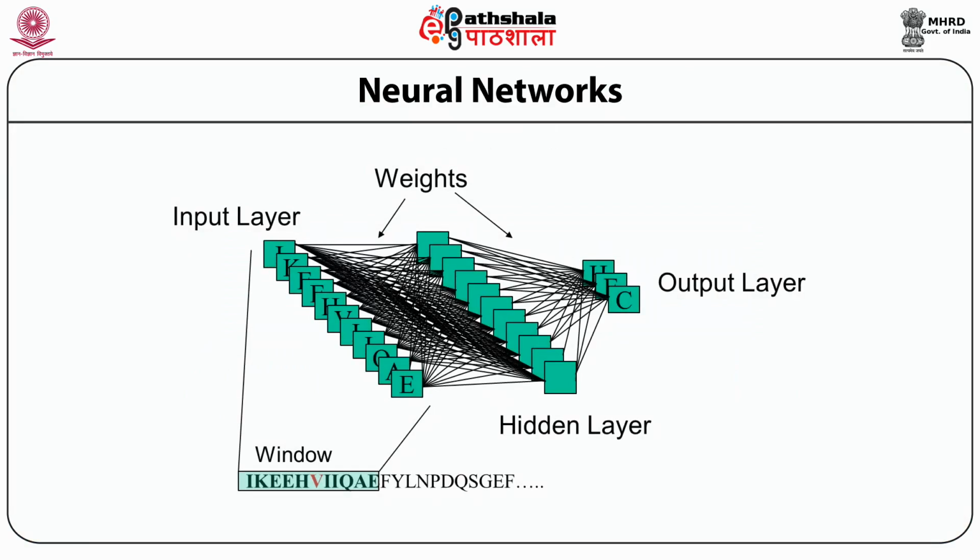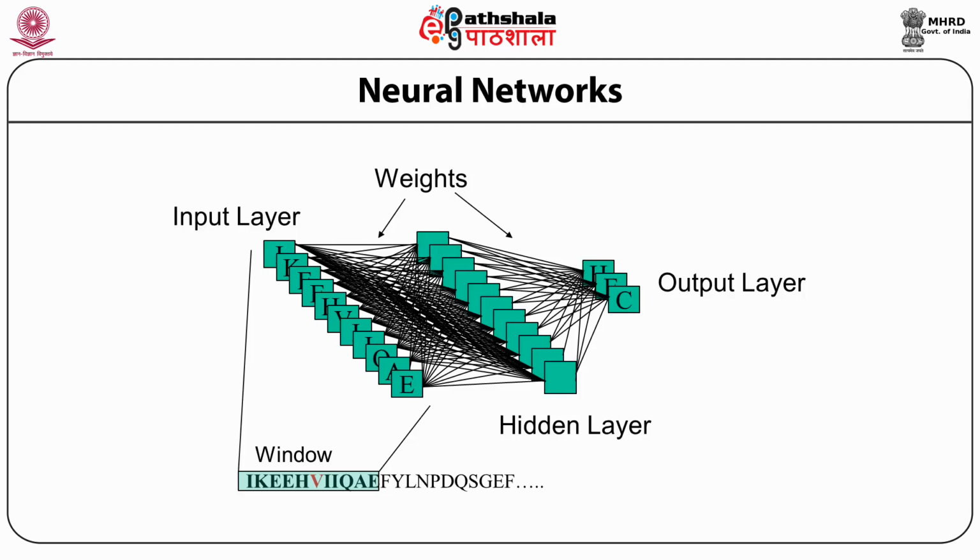So this slide shows you the architecture of a neural network. It's a multi-layered thing. At one end, you have the so-called input layer, and at the other end, you have the output layer. In between, there can be one or more so-called hidden layers. Now, when a neuron at the input layer gets a signal, it is transmitted to every neuron at the higher level. So from the input layer, it goes to each and every neuron in the hidden layer, and so on and so forth, and from there to the output layer.